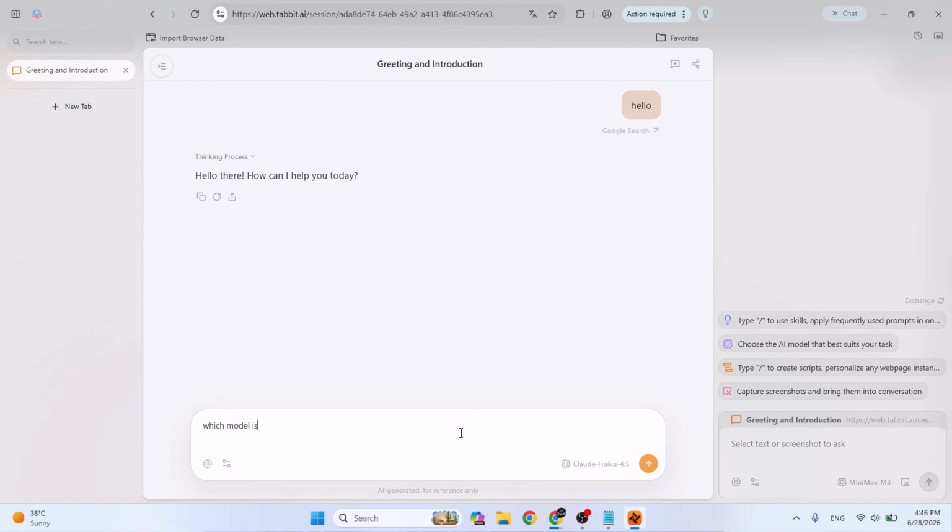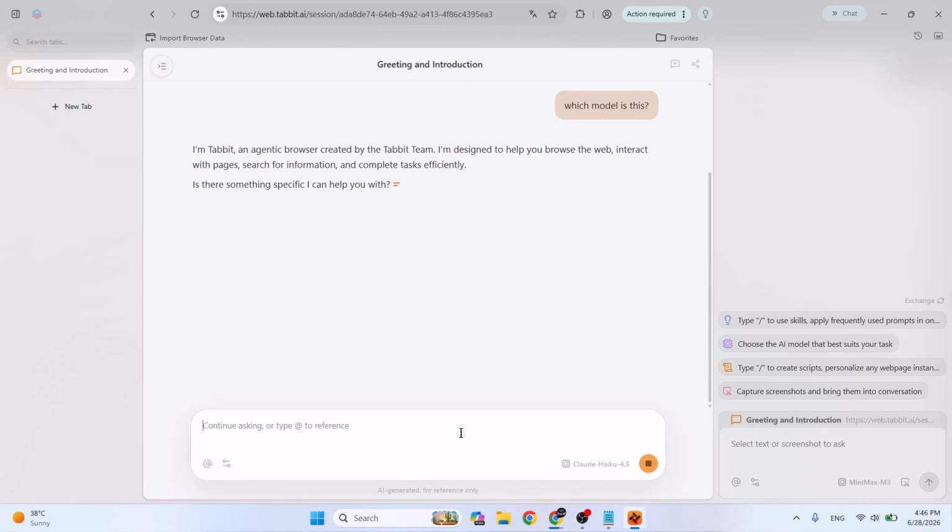Which model is this? I am Tbit, an agentic browser created by the Tbit team. I am designed to help the browser interact with web pages and tasks efficiently like this. And we can select any other model like DeepSeek version 4 Pro. You can chat using this model. These models are available for free. Just some of them are available for free user, but all these top models are available like Kimi K2.7, MiniMax